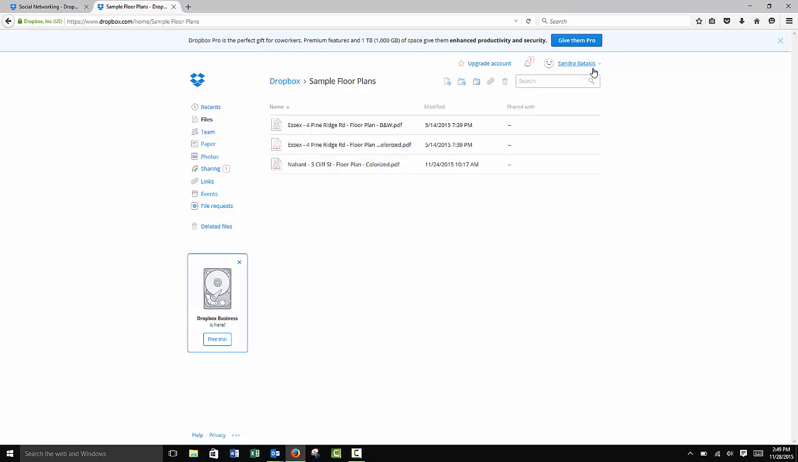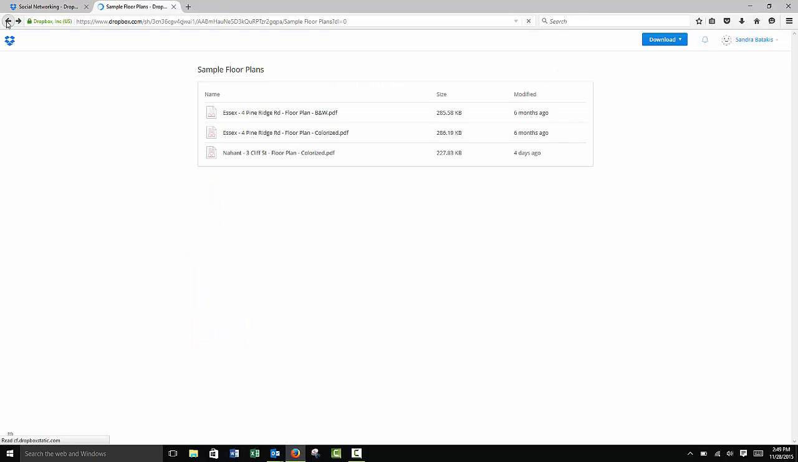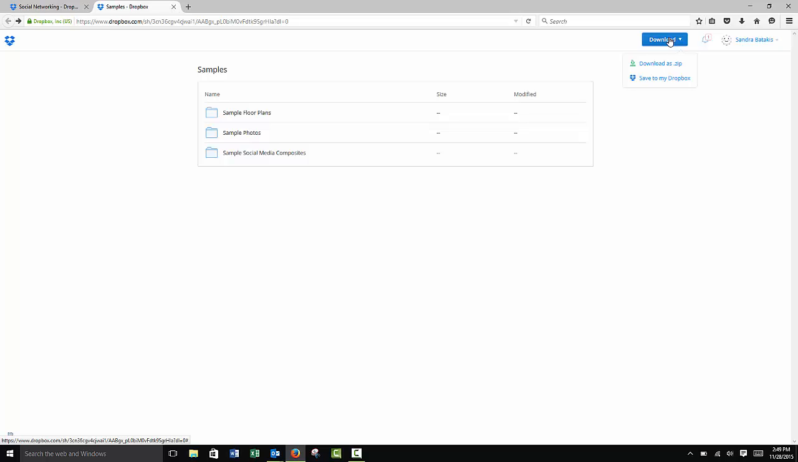So you'll see I'm logged on as myself, and this is actually my menu. I'm going to go ahead and move back a step, and I'm going to move back a step again. And I just want to show you that I can now hit download, and I can download this as a zip. So when I choose that,